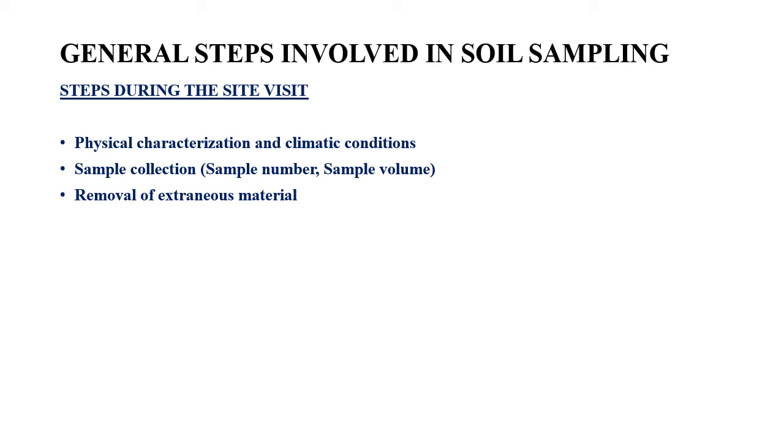Okay, so next is removal of extraneous material. Basically all those non-soil materials are extraneous materials, and they have to be removed, because if you are looking for a proper soil sampling, then all those materials such as glass, twigs, and other non-soil things have to be removed, which don't have any relevance with respect to the contamination. Otherwise, some sampling errors will occur during its assessment. So that is why we have to remove all such materials.